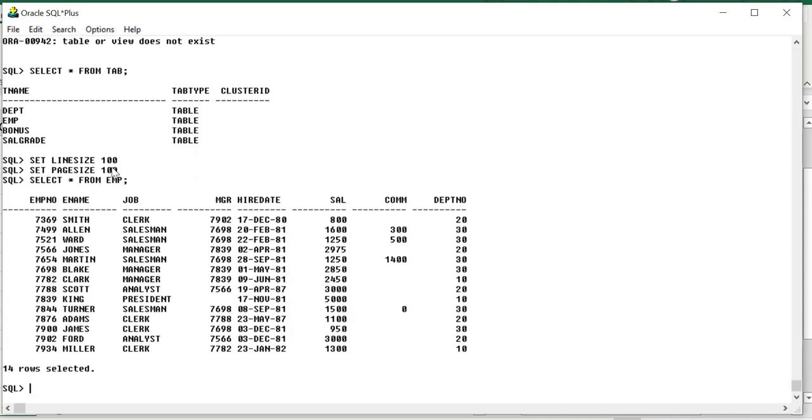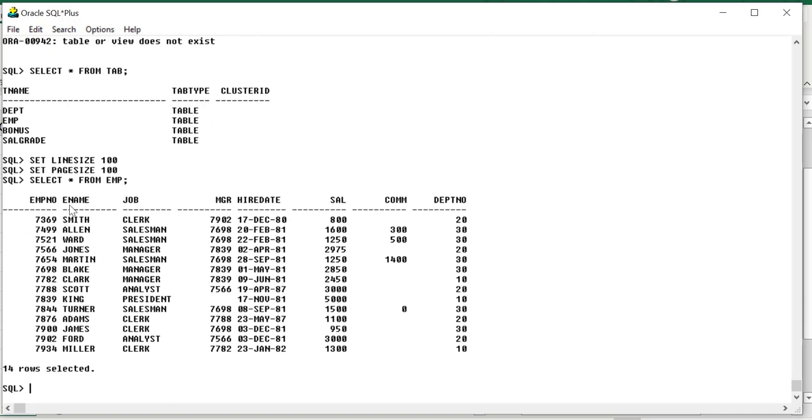The reason I gave set line size and page size is that, as in the previous video, when I directly ran select star from EMP, it was shown with a lot of spaces from row to row. To avoid that, I first executed these two and then executed select star from EMP.